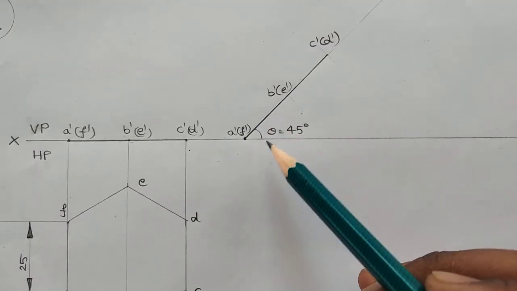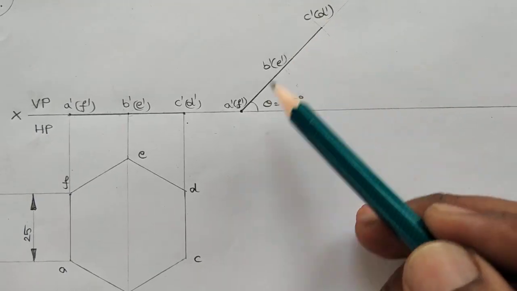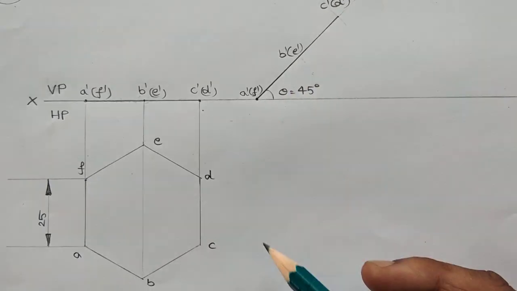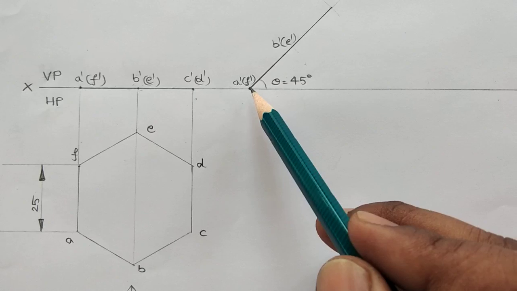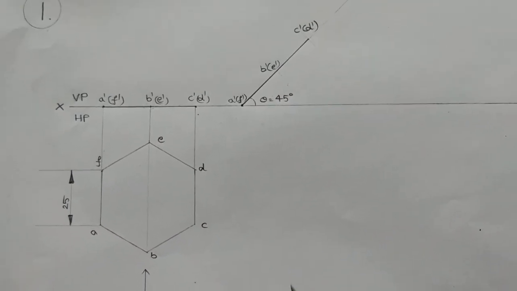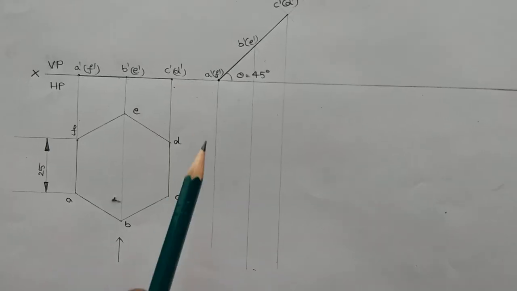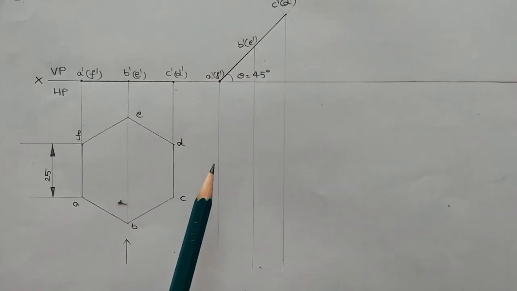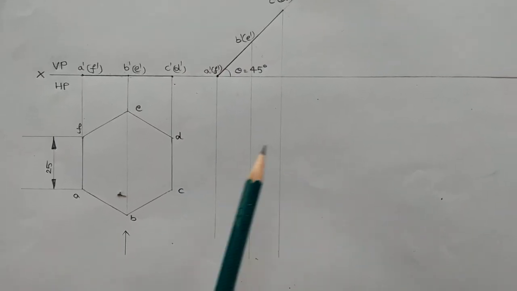So once we get the points, we can join all the points with the help of H pencil. Then we can project every point downwards. We have 3 points. We should project 3 points downwards below the reference line. Yes, we can project all the points downwards with the help of 2H pencil in this way. These are very, very light lines.